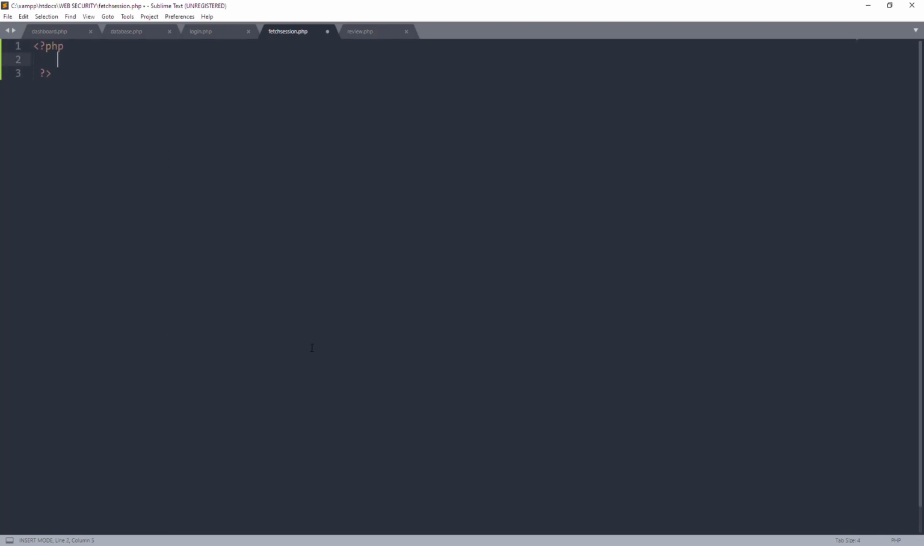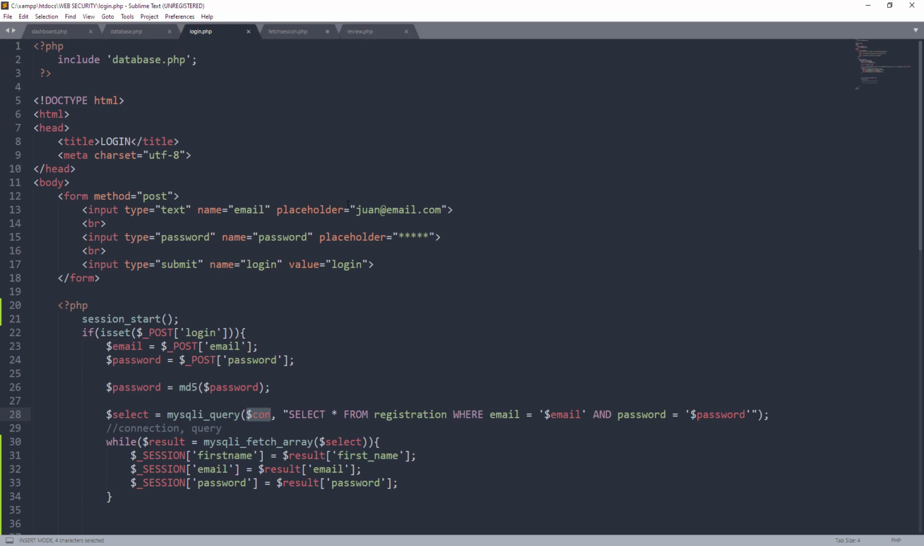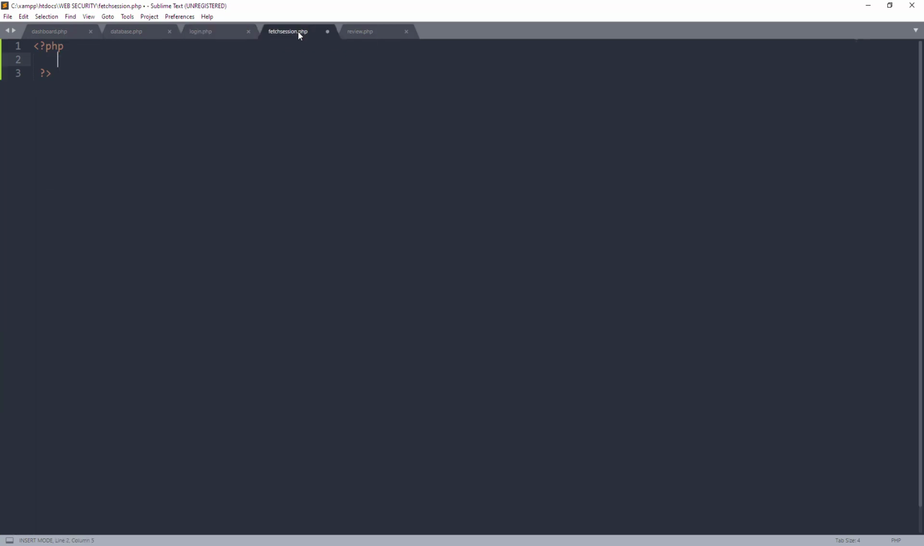So, php. And then, kapag kasi regular variable lang, let's say, katulad nitong email, password, select, something like that, count. Okay, so those are regular variables or basic variables. Hindi natin sila pwedeng tawagin from different page, unless gagamitin natin yung include, na kaya natin nagagamit yung $con kasi nag-include tayo ng database dito sa ating PHP file. So now, tawagin natin sa ating fetch session si echo